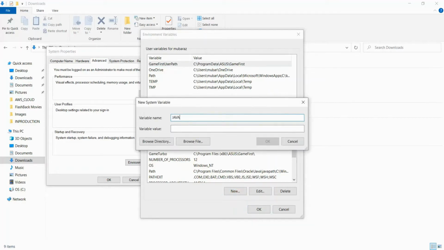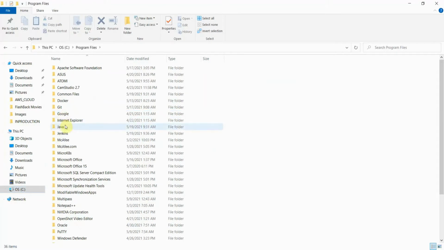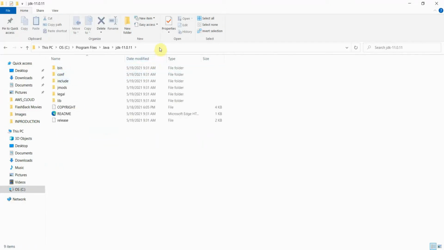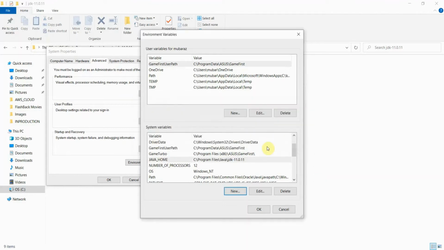In variable name we have to give the JAVA_HOME, and in variable value we have to provide the home directory of Java where it's installed. So let's verify. By default Java will install in C drive, and in C drive in program files, see Java is here. So open this folder and copy this location and paste here in new system variables. Simply paste here and click on OK.